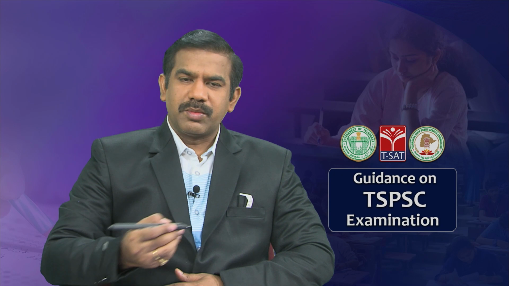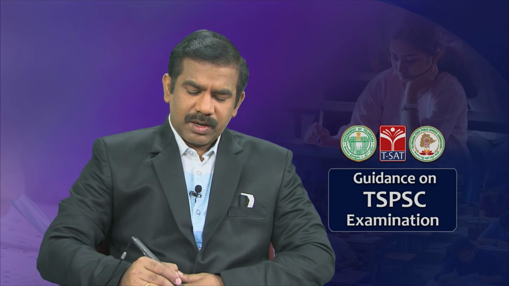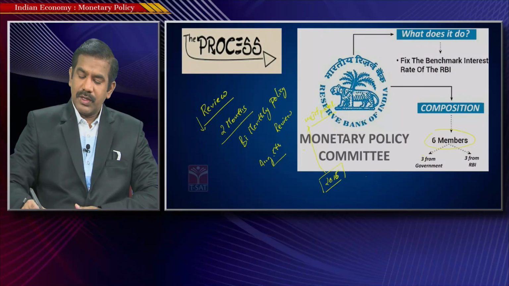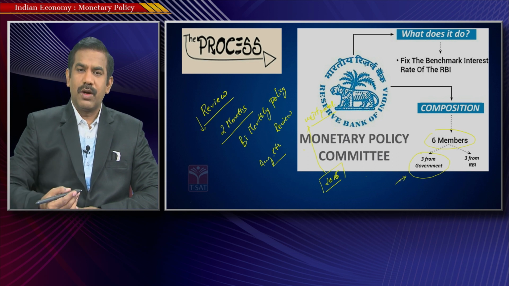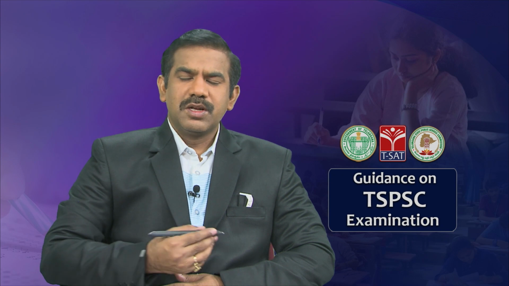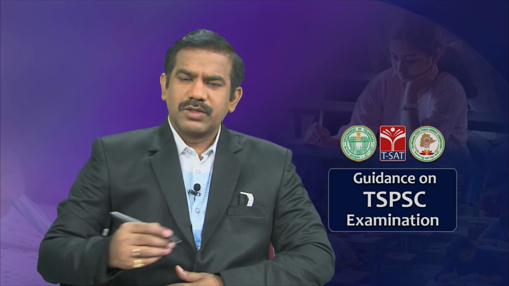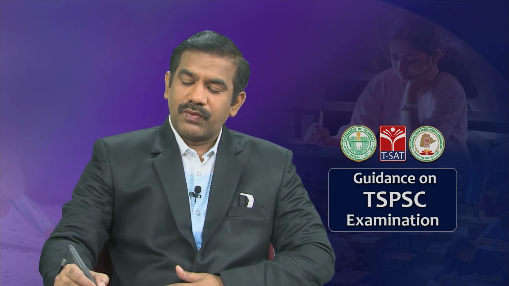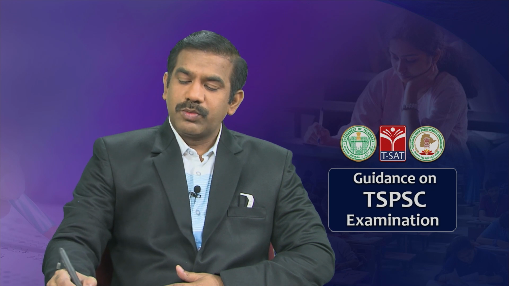As of now, monetary policy decisions are made by a 6-member committee, somewhere around 2016. This 6-member committee consists of 3 members appointed by the government, and they are outside of the RBI. They are not necessarily public servants working for the government of India. The government could appoint any 3 people who have expertise in the banking industry or in economics and finance. The other 3 members are from the RBI, and by default one of them is the governor of the RBI.